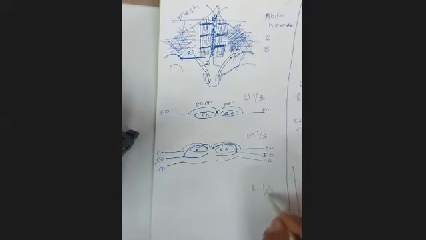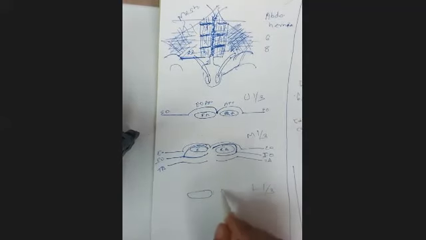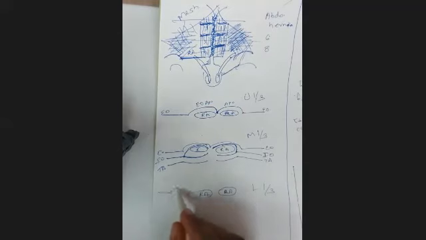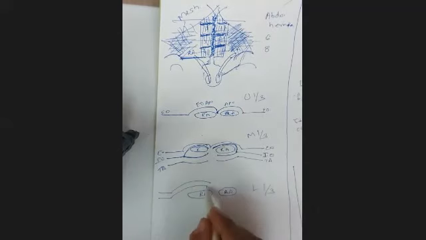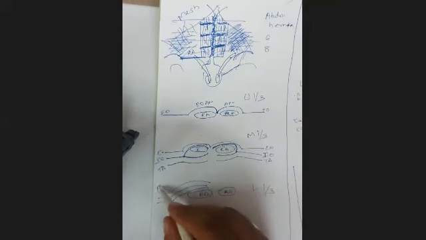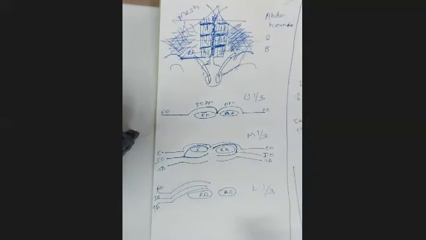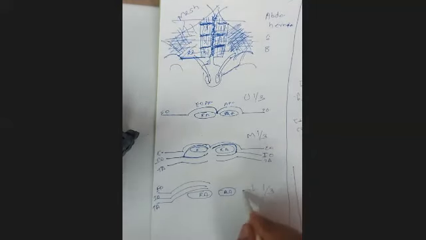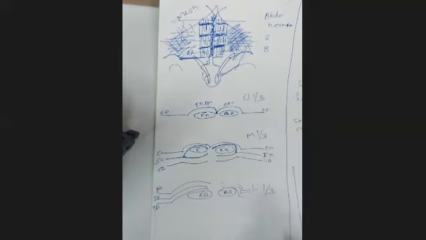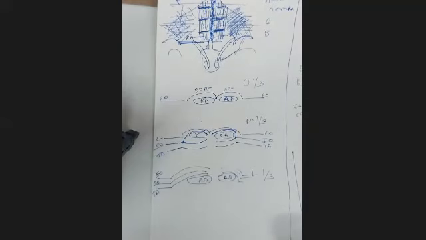And in the lower one third, what happens is, if this is one rectus abdominis, another rectus abdominis, external oblique goes in the front, internal oblique goes in the front, and transversus abdominis fascia also goes in the front. So external oblique, internal oblique, and transversus abdominis, all three, they come in the front. What is the reason behind this?